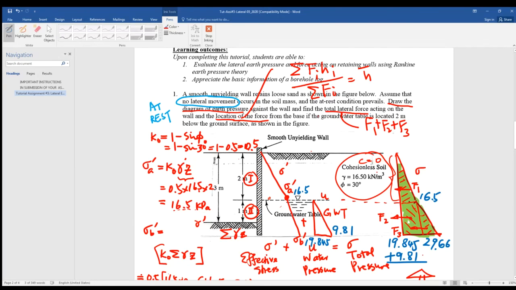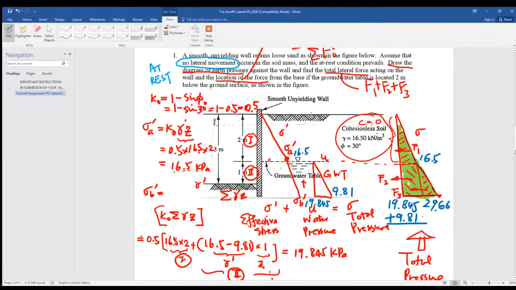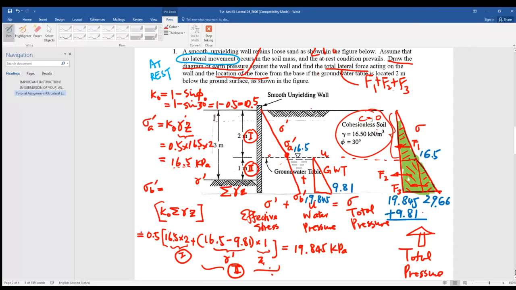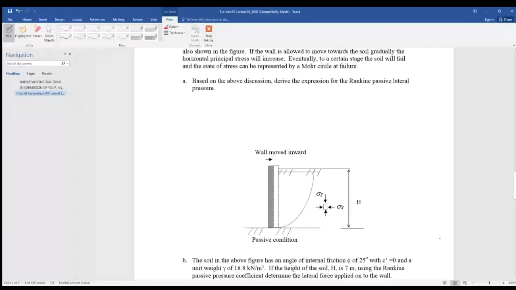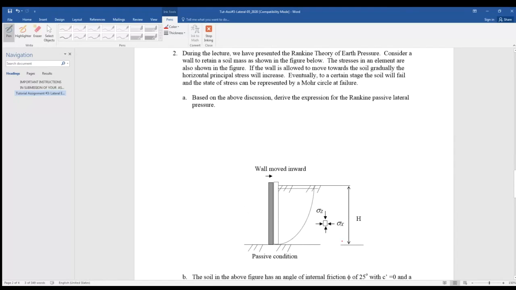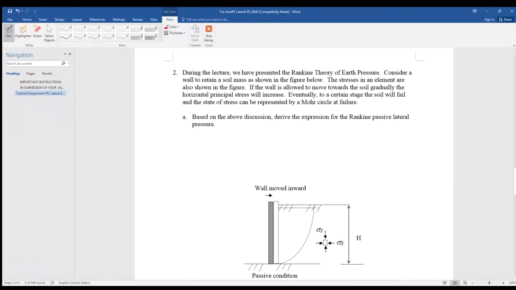Okay, for question 2. Seems the computer respond very slowly. Maybe quite a lot of users, right, are using the blackboard at the same time. For question 2,